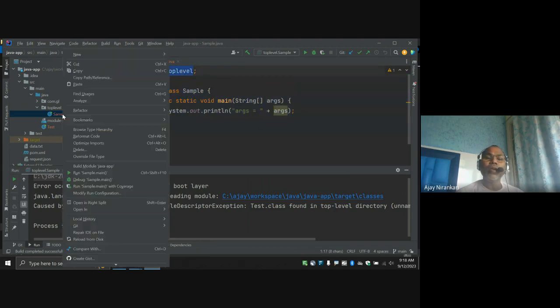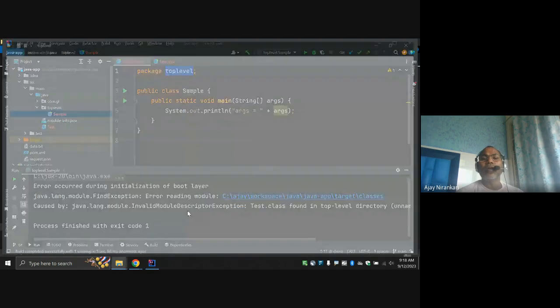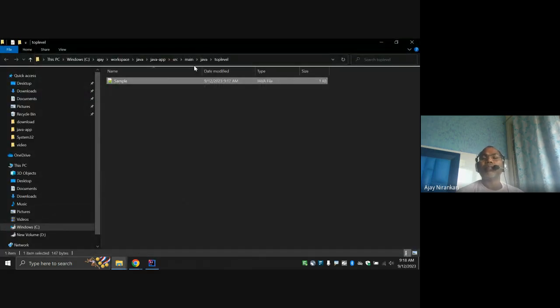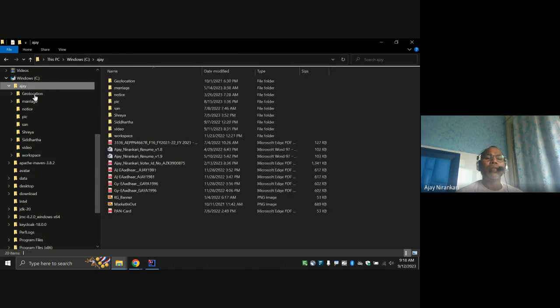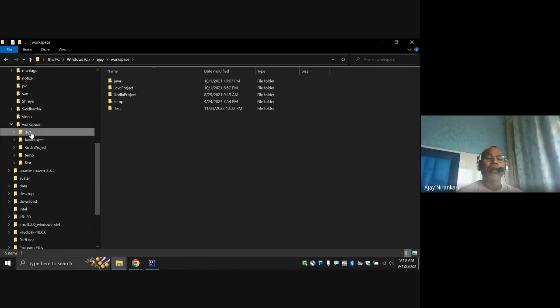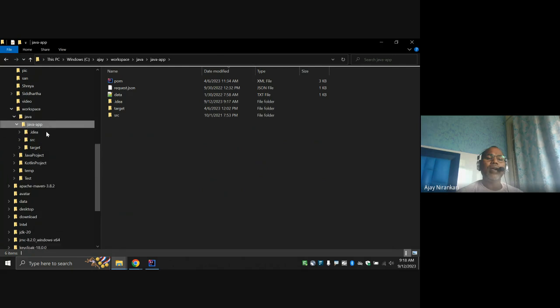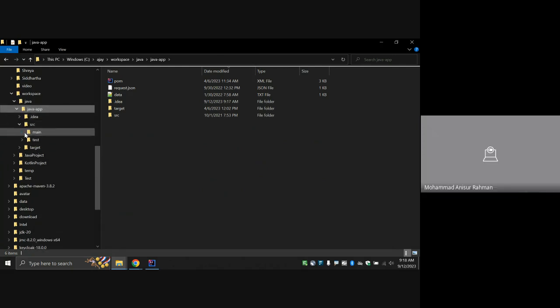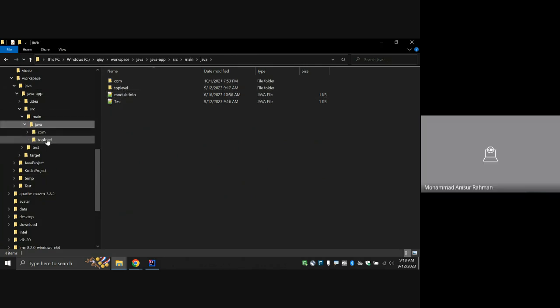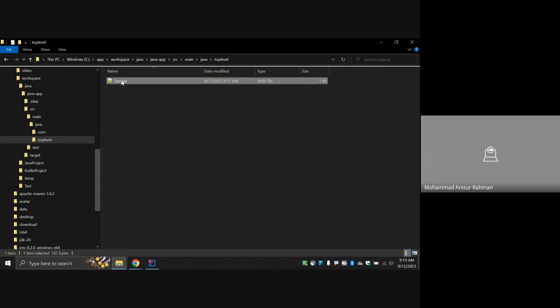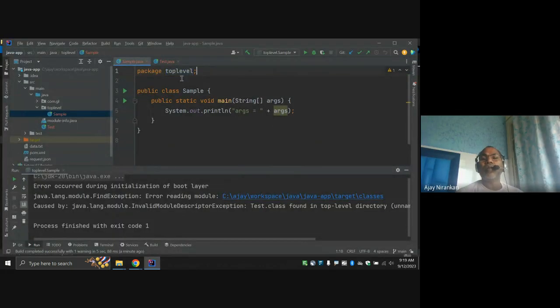If you look here, go to open in the Explorer. This is my folder, this is the workspace, and this is the Java app. Inside the app, this is my IDEA project, and here source, main source. Inside here, Java, I created one folder, top level. Inside top level, this is my Sample class. So this first line says this Sample class would